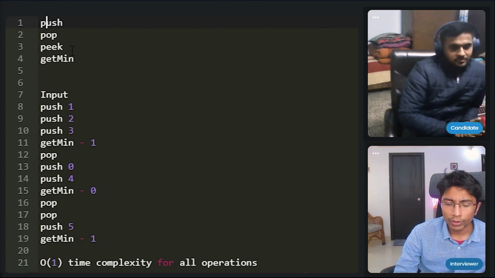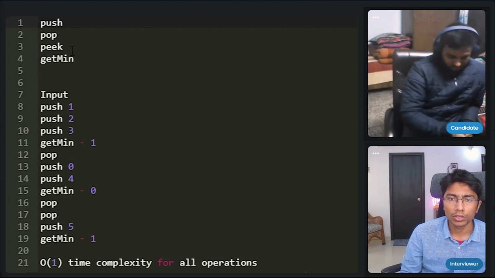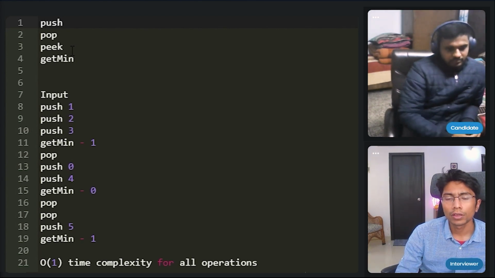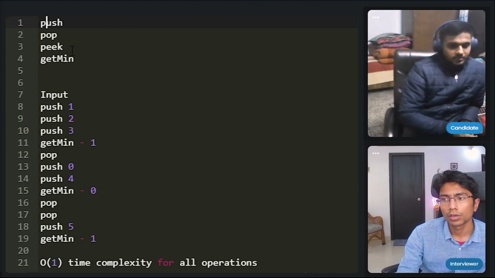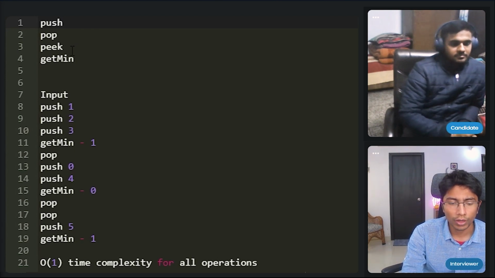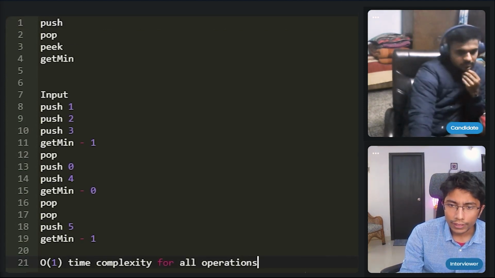Popping is also log n because I can keep it sorted by the place it is on the stack. Peeking is log n. Get min is also log n, most likely. I'm keeping it sorted in the order of arrival. Okay, now I'm getting a sort of an idea.